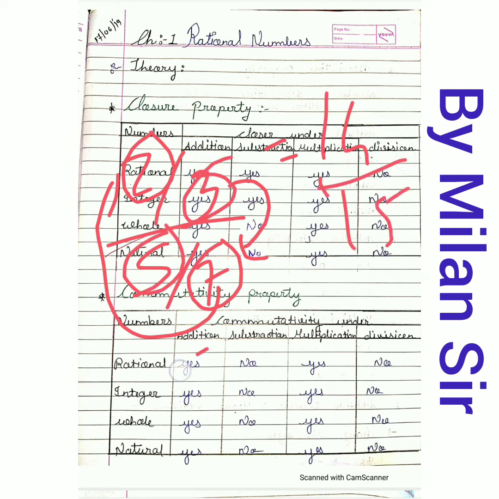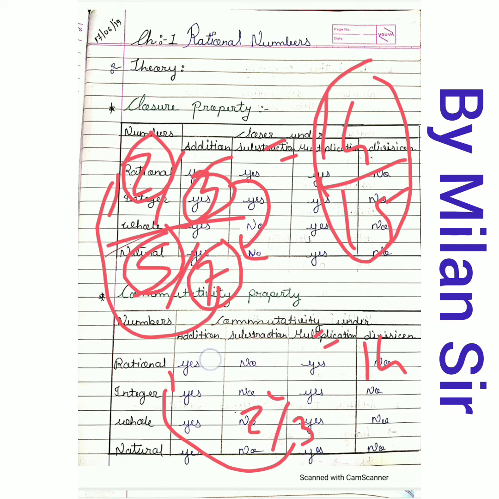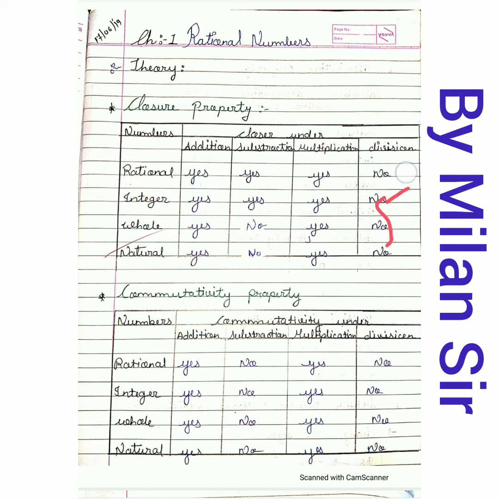Now change the order. That means 5 by 7 upon 2 by 3. So the denominator's denominator goes to the numerator and the numerator's denominator goes to the denominator. So 5 3s are 15 in the numerator and 7 2s are 14. So here we get the multiplicative inverse as an answer if we change the order. Right? So division is not commutative because we cannot get the same answer for all these four types of numbers. So here no, no, no and no.